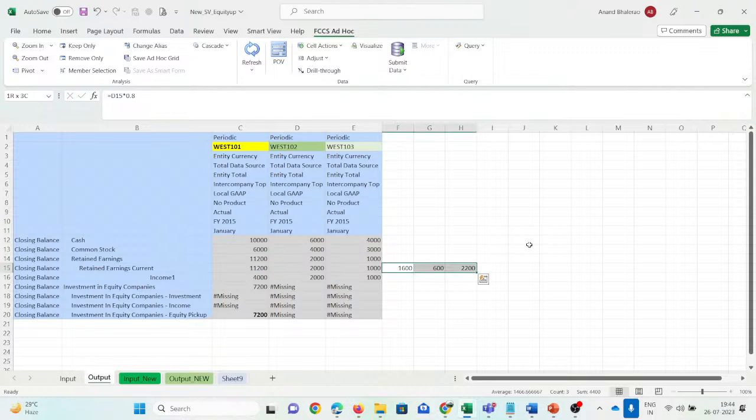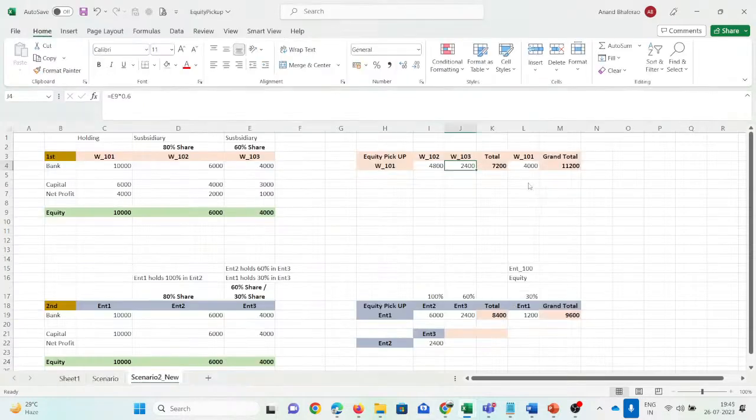Okay, and from the common stock the similar figure we will take. Now it comes to 7200. Okay, 7200, 11,200 as our equity pickup amount. So this is how we have calculated the equity pickup for W101 for the holding entry. How much will this entity take from 102, that is from 6,000 net capital plus net profit? It is 80%,